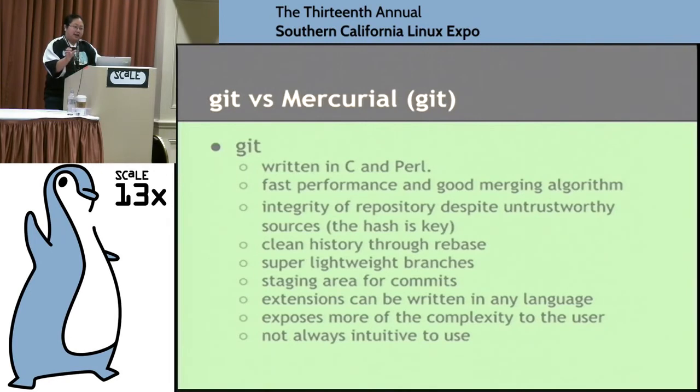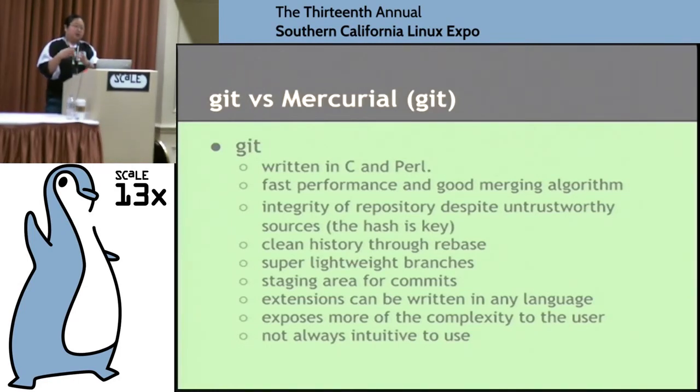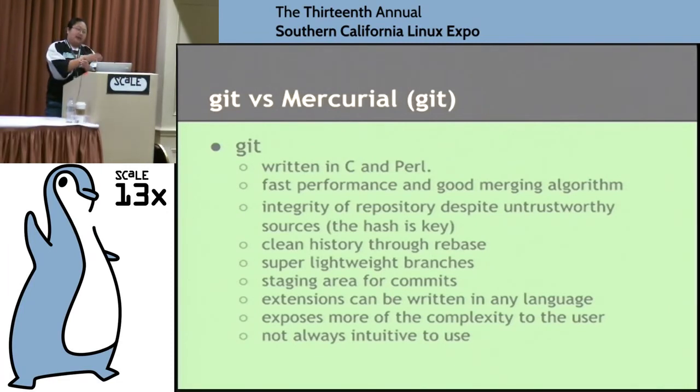This hash comes from the contents of the change set. The only way that change set is allowed to change is if the hash also changes. So as long as he knows what the hash ID is, he can be sure that this change set did not change. And because the change set also includes the ID of the parent, he can be sure that all of the change sets that came before it did not change.